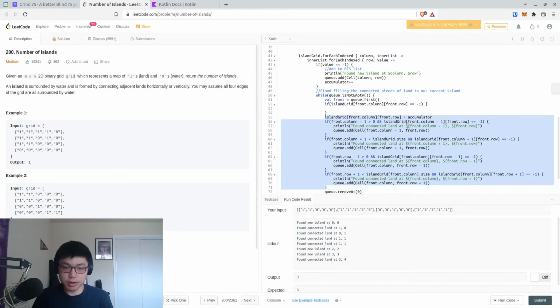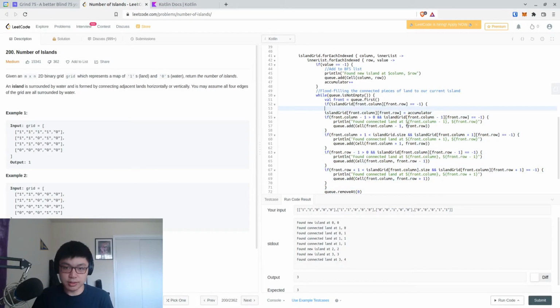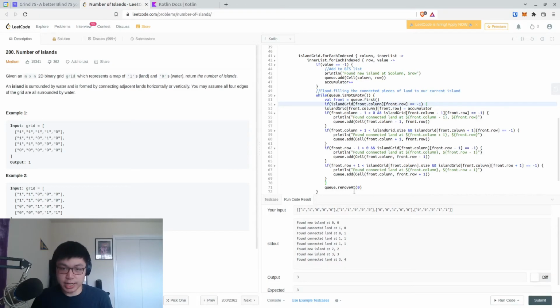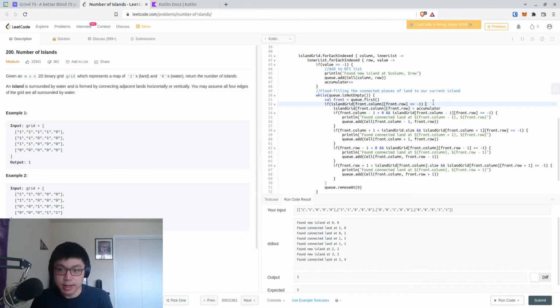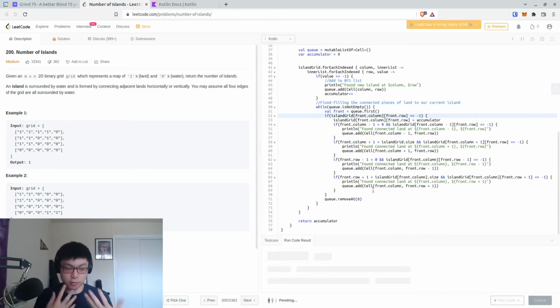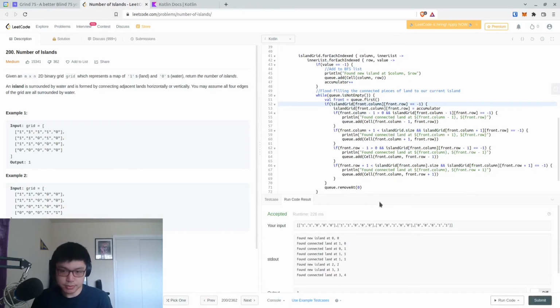Then we do all of this fancy stuff, because otherwise we might actually be wasting a lot of our time, because we are going over a cell that we have already visited and we have already painted. So actually we could do, rather than that also, we could do